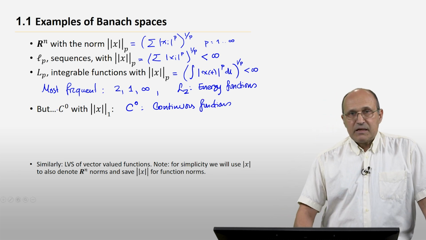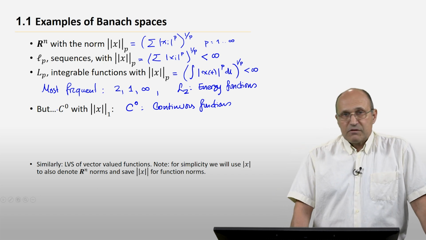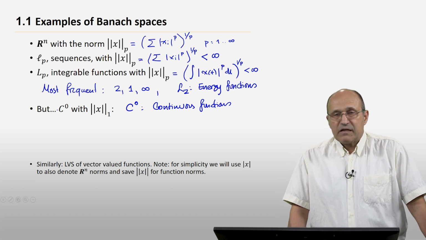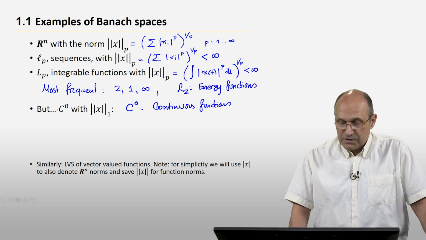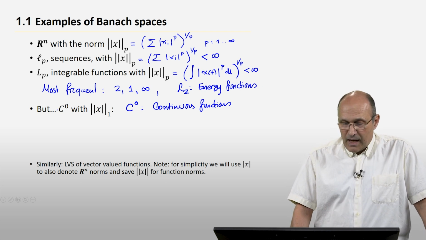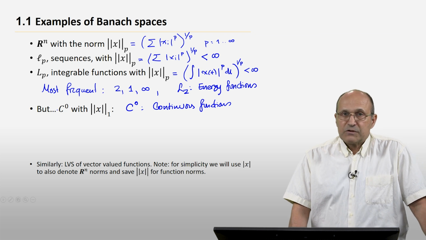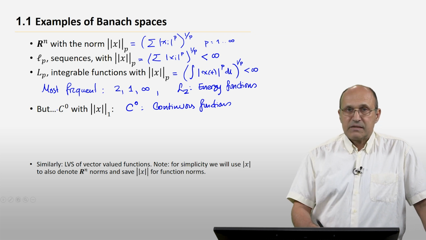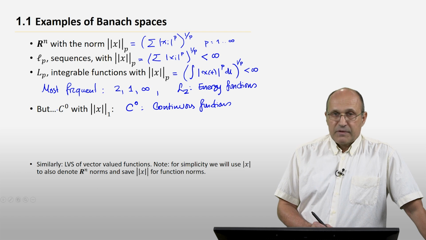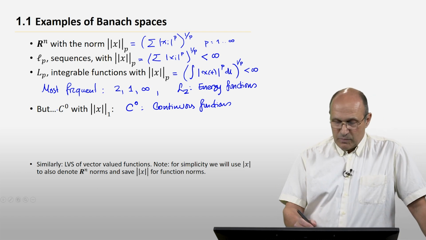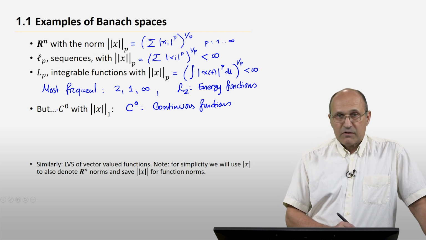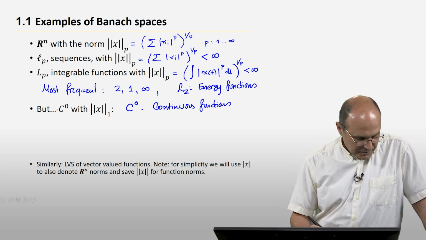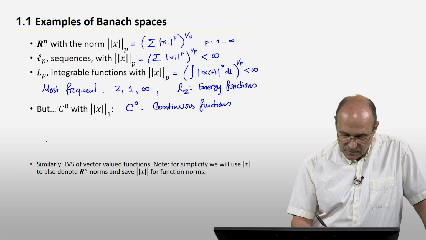So by this C0, I will denote the space of continuous functions. It is a linear vector space. You add up two continuous functions, you get another continuous function, and so on. And I can consider the normed vector space, which is C0 with the one norm. The one norm being the integral of the absolute value of the function. Then I can